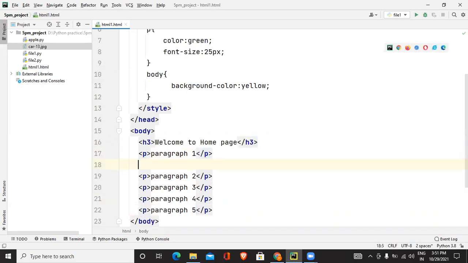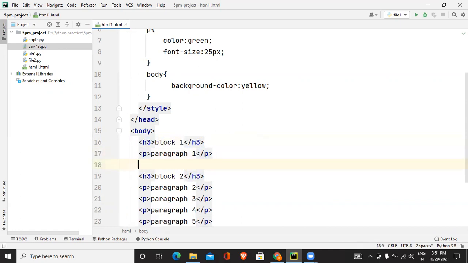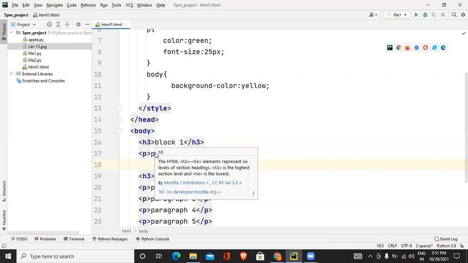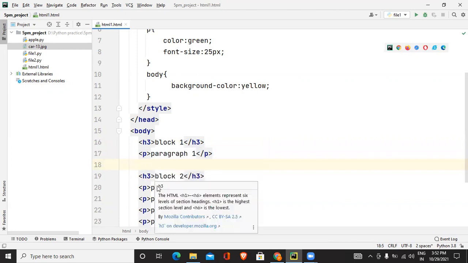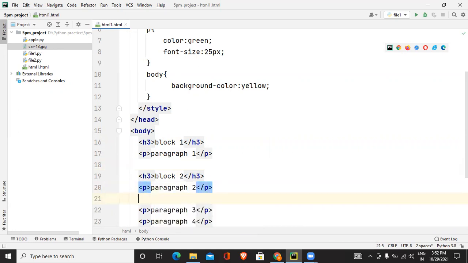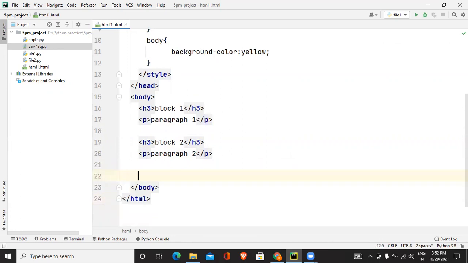Then again I'll take the H3 tag and write block 2 here and block 1 here. So block 1 contains one heading 3 and one paragraph. Block 2 contains one heading 3 tag and one paragraph. Right? That's the concept here. Each and every paragraph and heading tag should come from different blocks.